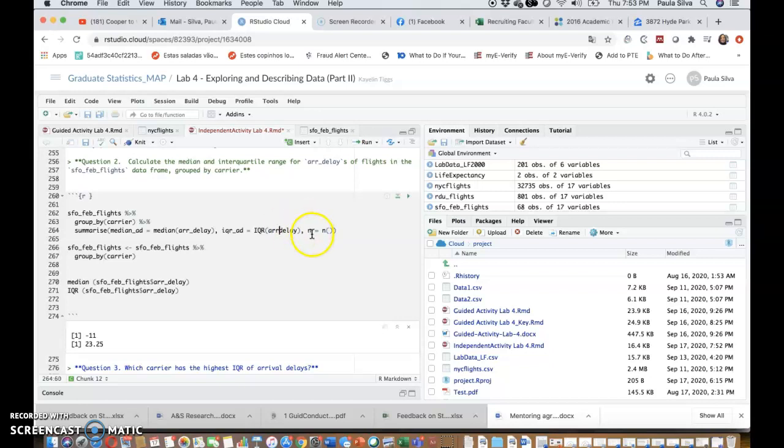arrival delay. Now, you may be asking yourself, why in the world am I not having to do the dollar sign situation? Because these piping operators connect the different pieces of the code. What it does is take the output of this first command, and this first command is simply asking R to open up a particular data set. And then we're telling R to grab that data set and group it by carrier. And notice that I am again piping it